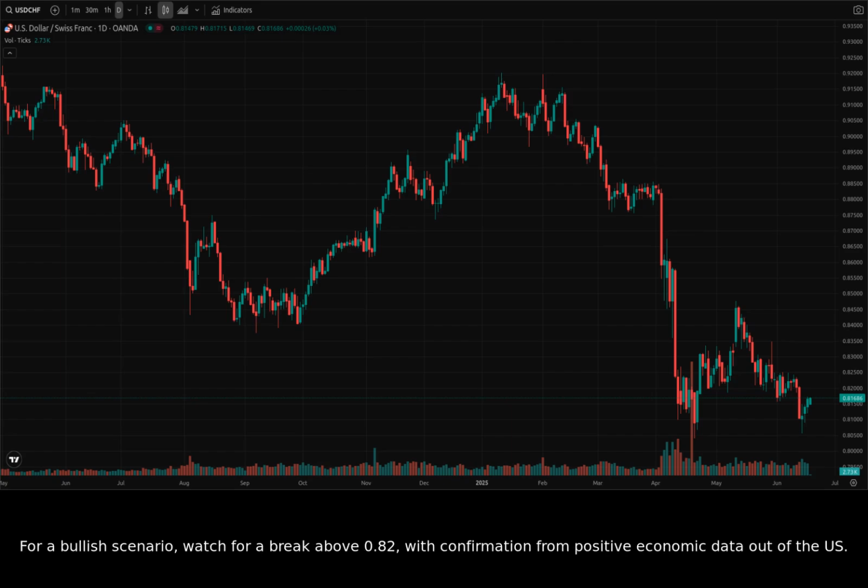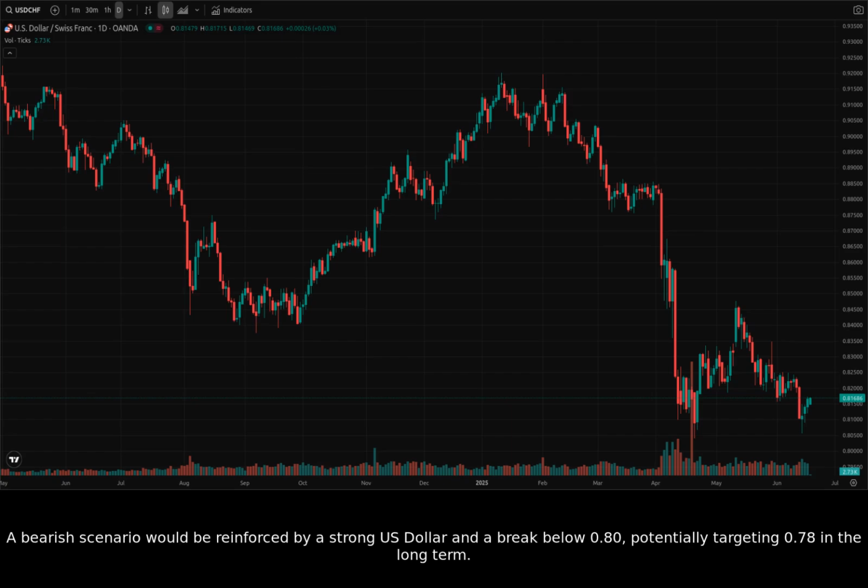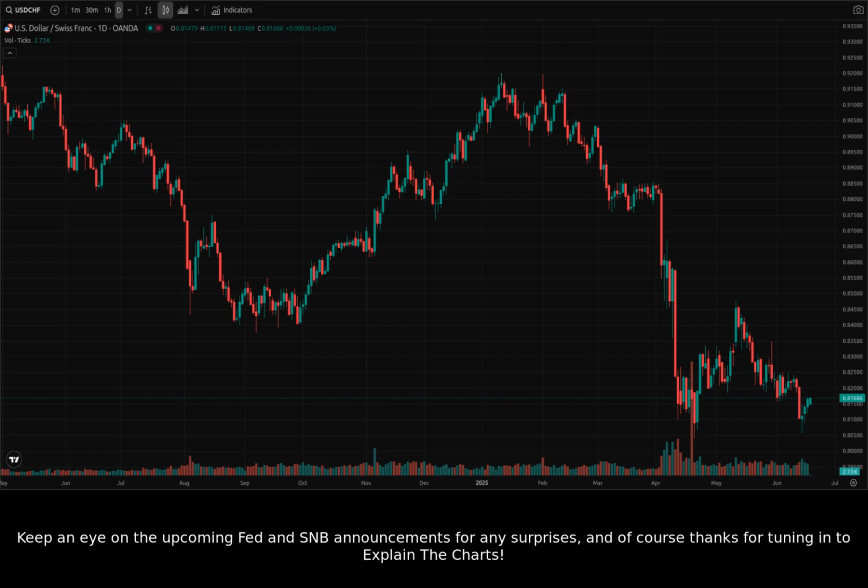For a bullish scenario, watch for a break above 0.82, with confirmation from positive economic data out of the US. A bearish scenario would be reinforced by a strong US dollar and a break below 0.80, potentially targeting 0.78 in the long term. Keep an eye on the upcoming Fed and